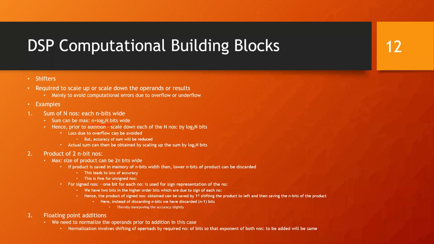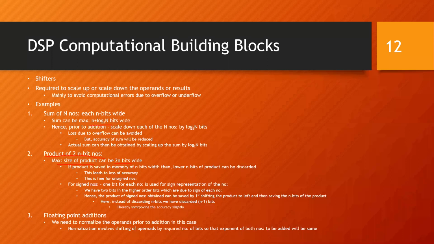So when we are adding the numbers, there are different possibilities. What you can do is discard the least significant bits and use only those n bits which are available, provided there is no loss of much of the accuracy. So if the loss of accuracy is okay for you, then you can do that. But generally try to avoid it, if possible, by scaling and shifting, then you can go ahead with these aspects.